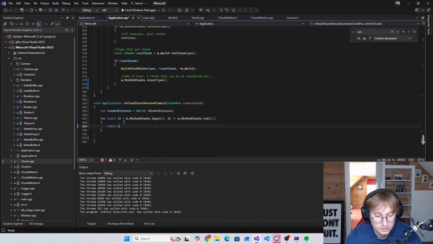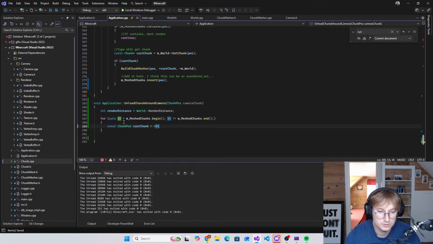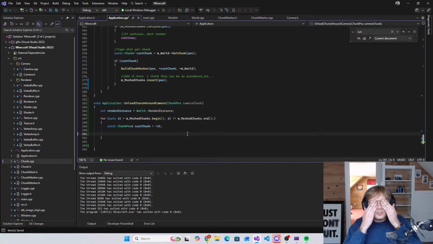For const chunk pos, I guess cur chunk is equal to we want to dereference it, I believe. Iterator dereferences at the front. Yeah, that works. We want a reference to this, so const chunk pos reference. Okay. So we grab the current chunk position,